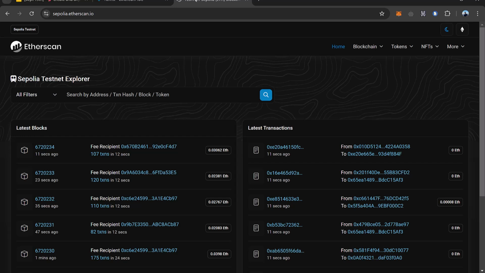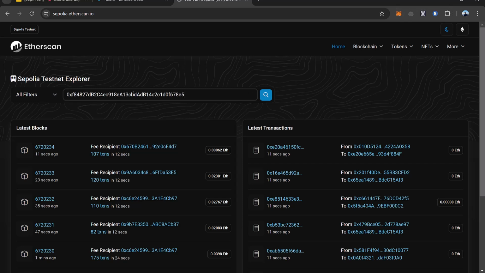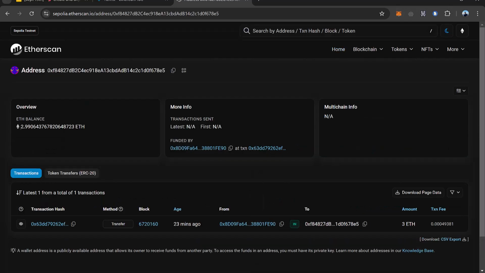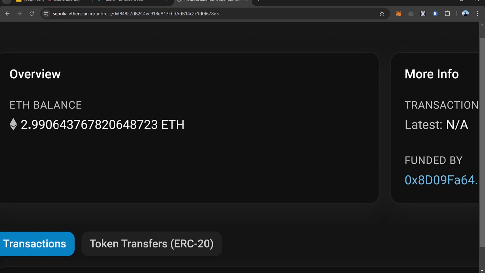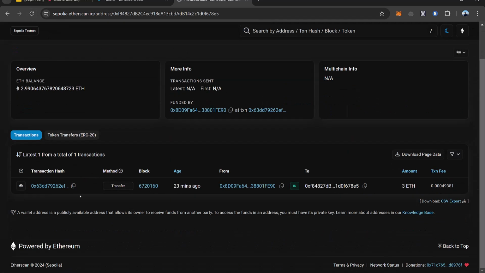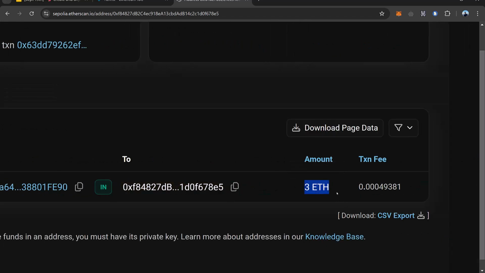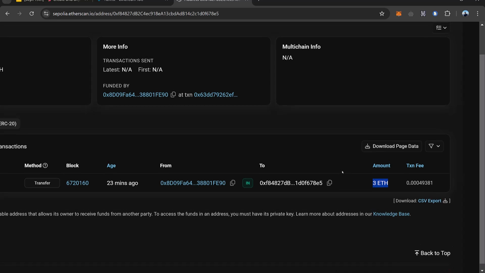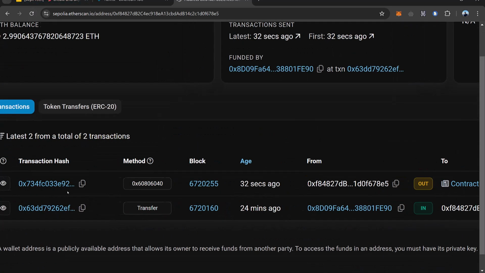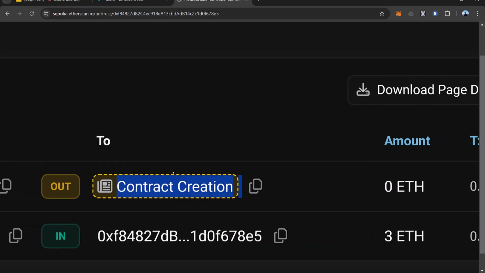And now if we go back to the Block Explorer and we put the address of my JKUAT account, you can see that now my balance is 2.9906, and before it was 3 because we just deployed the contract and we needed some funds. And let me just, here it is going to show in a few seconds the second transfer. This was the first transfer that we received, 3 ETH here, but now it will show the contract deployment that we just did. So let's refresh. Yeah, so as you can see, 32 seconds ago I did a contract creation, and